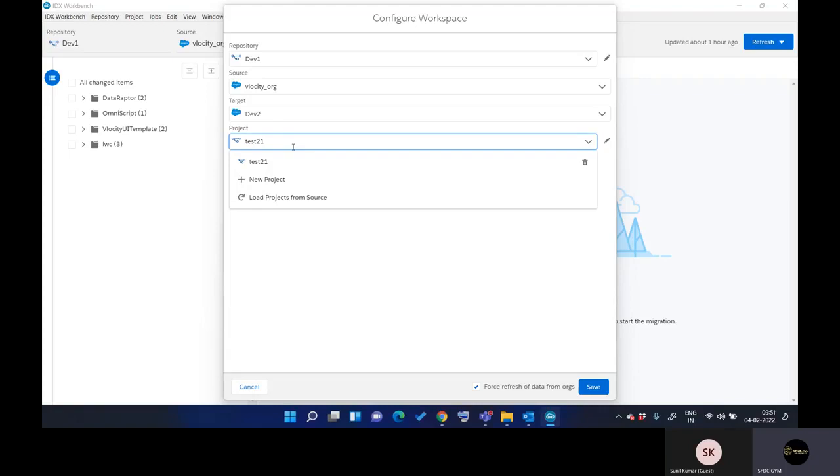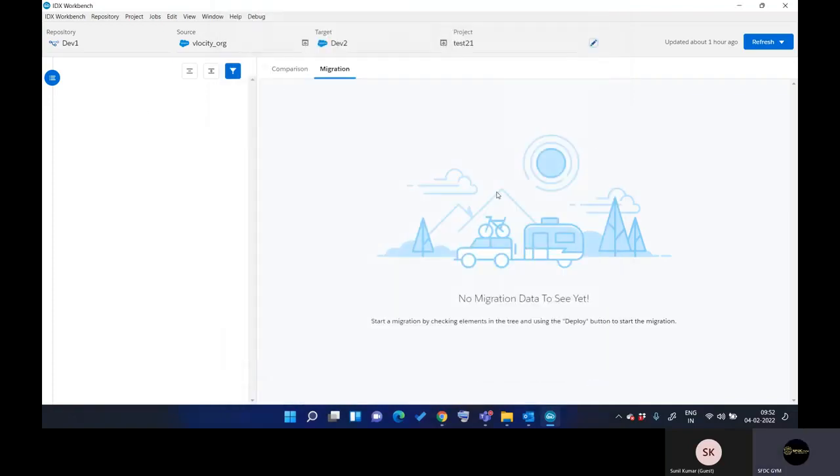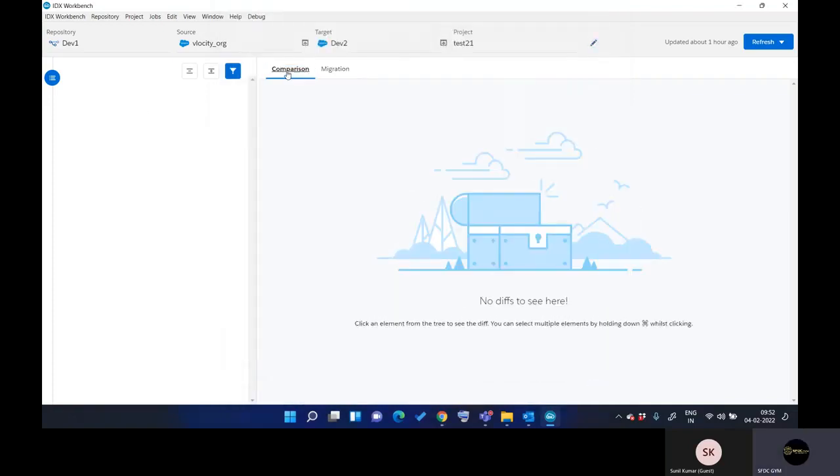Then at this level in the project, you can define your Jira number or any unique ID or any project related information. Once you do the save, now let's say I did the save, it will now retrieve the data. It will do the same thing if I do the refresh. Now let me only refresh the source,